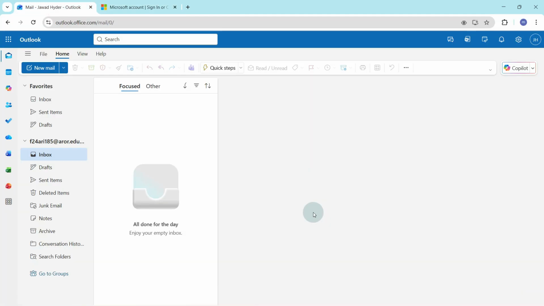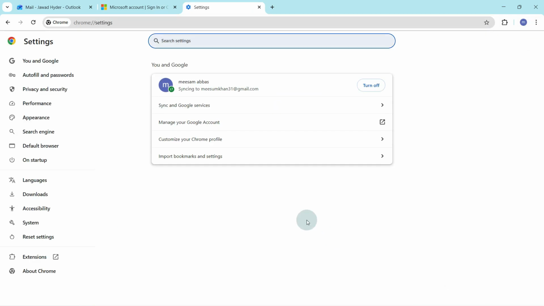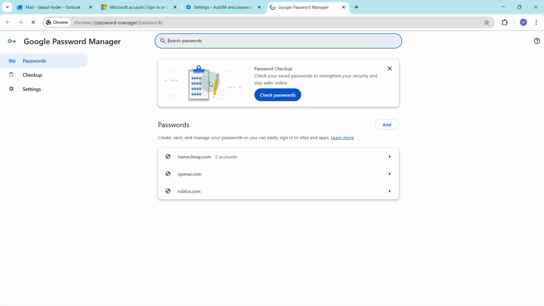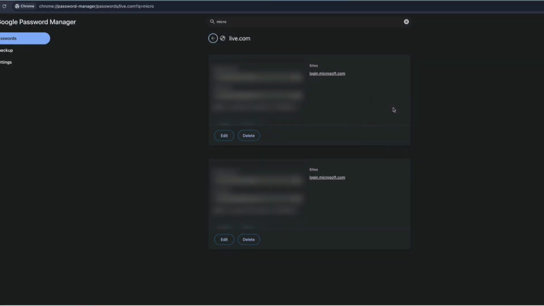account.microsoft.com. If you've previously saved your Outlook password in Google Password Manager, you can easily view it from there. Simply open your browser, click on the three dots in the top right corner, and open the Settings menu. From there, go to Autofill and Passwords and select Google Password Manager. In the search bar, type Outlook or Microsoft. If your login details were saved before, they will appear in the list. Click on the entry, enter your system password when prompted, and you'll be able to view your saved username and